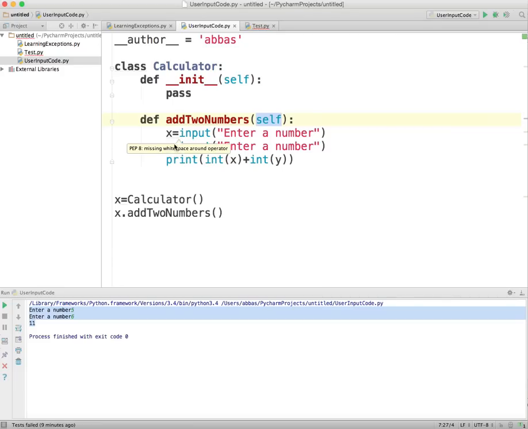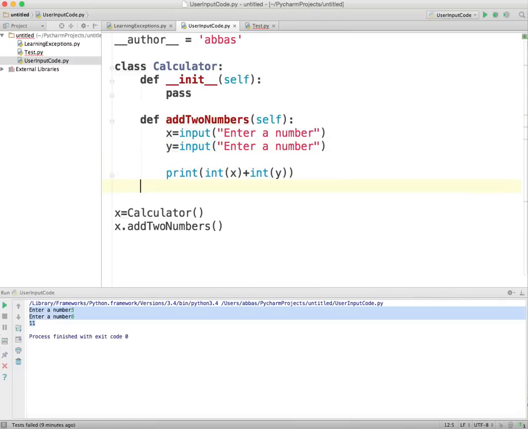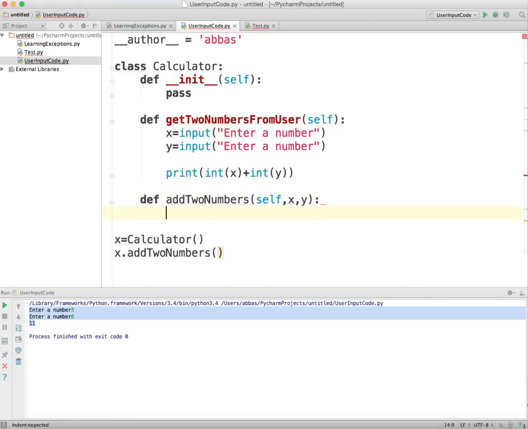So again, what I'm going to do now is I'm going to refactor this code. I'm going to keep the same functionality, but I'm going to refactor this out. So first thing what I'm going to do is I'm going to say, okay, I'm taking these inputs from the user X and Y, but why don't I define a new method? Let's do this. First thing, this is not really add two numbers. It's basically just make this method as get two numbers from user. All right, and then I'm going to have a method called add two numbers that takes in an X and a Y, and it returns back